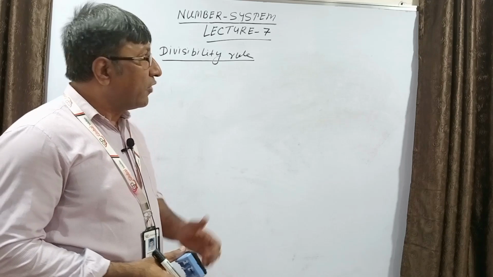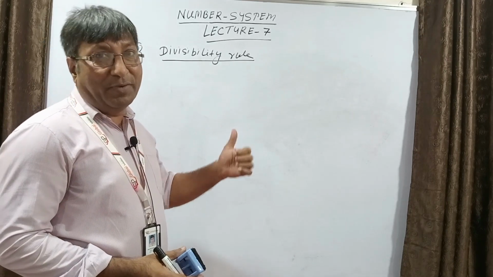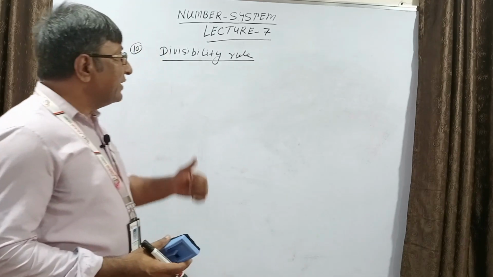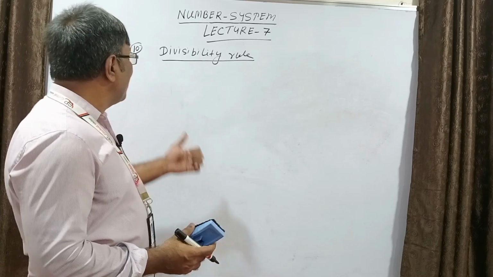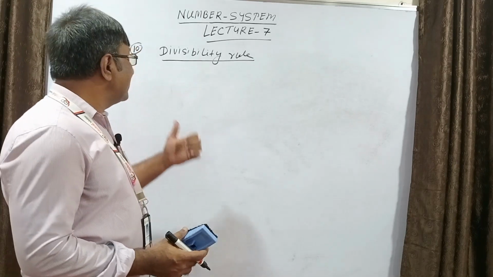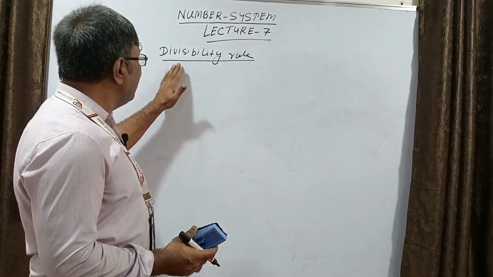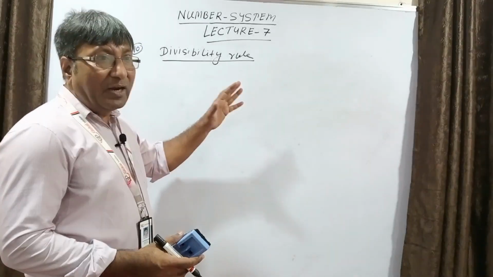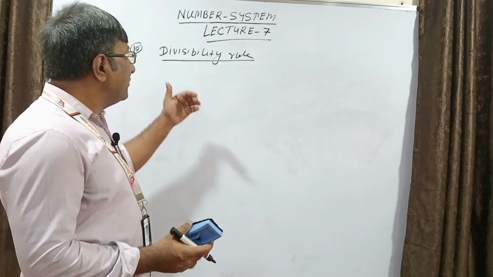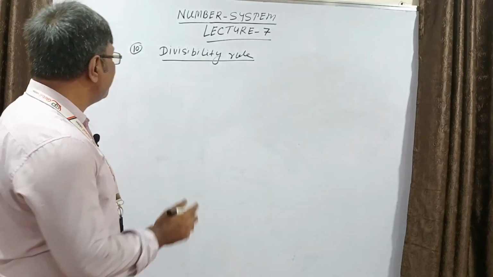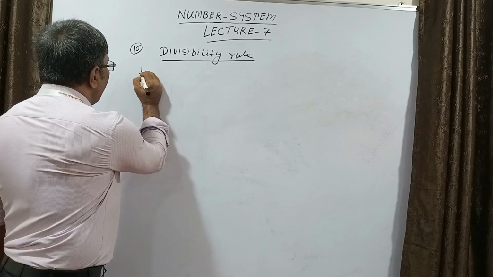Now we are going for lecture number 7 in number system. In lecture 6 we have done up to the 9th point. Now this is the 10th point in lecture number 7. This is divisibility rule. There are a lot of questions asked in divisibility rule also. So let us see. The first point is